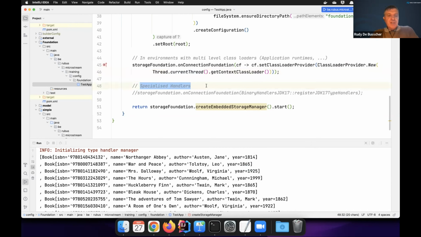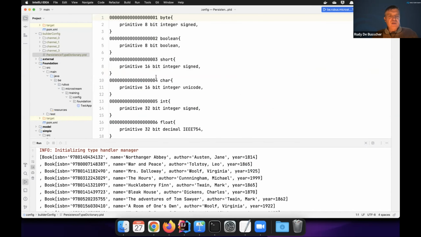What are specialized handlers? Again, that's something more advanced, but in short, there is a generic handler that handles the conversion from a Java object to the binary representation and vice versa, based on this type dictionary. As I mentioned, this is the key to say that code. That's in this case a primitive 8-bit integer set. There is a generic handler that can handle all classes that can exist in the JVM,